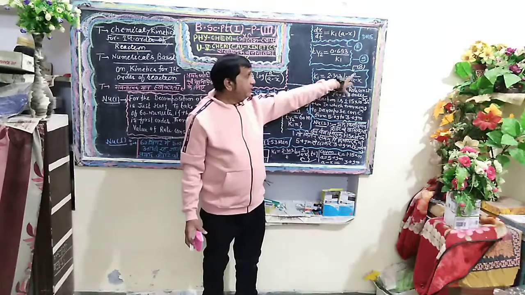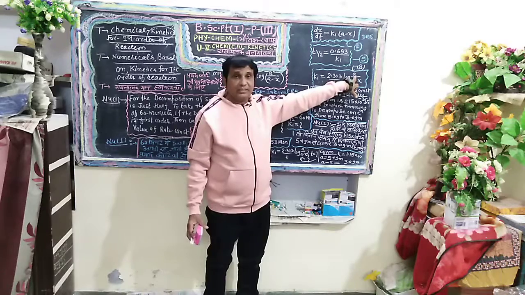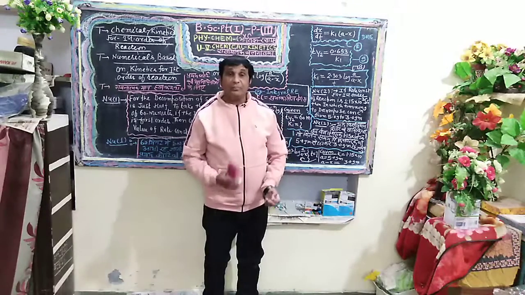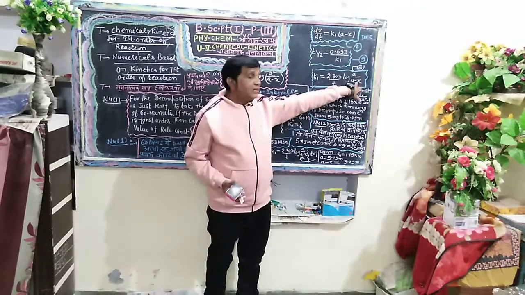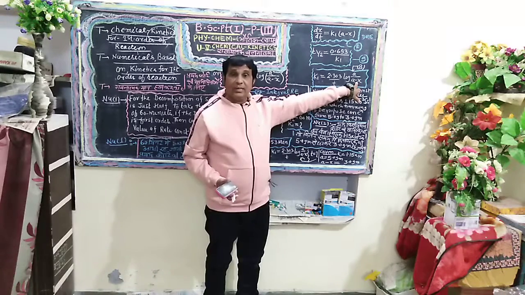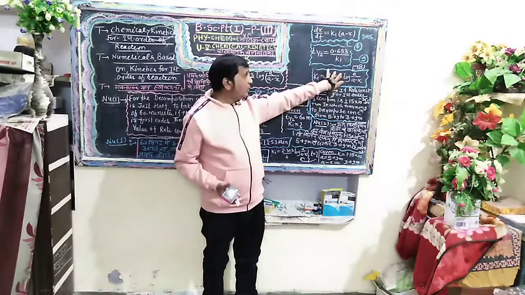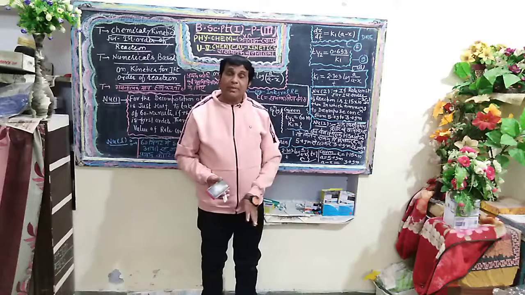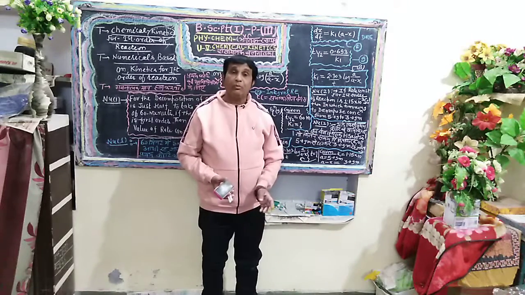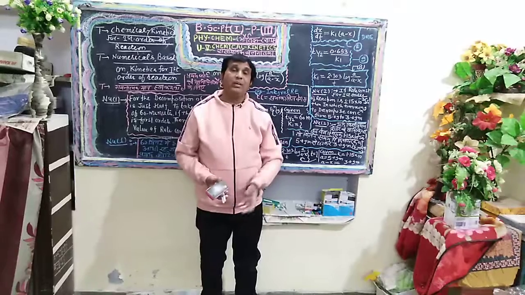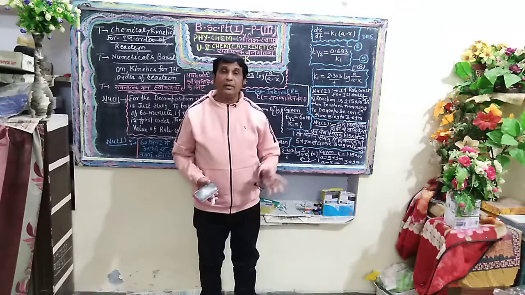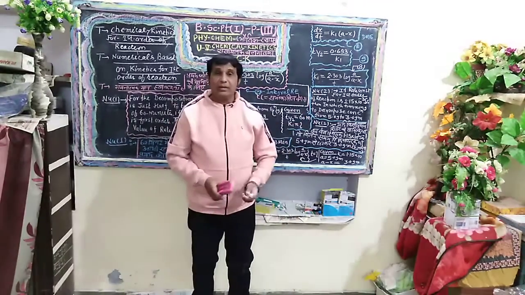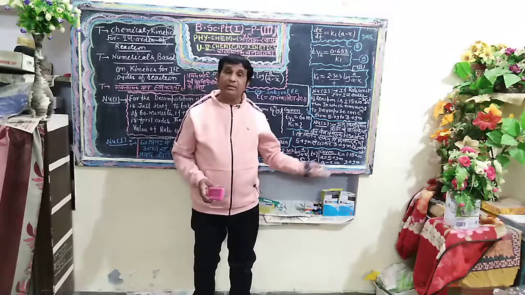Now substitute the dimension of concentration for a, and the dimension of a minus x is also concentration. Concentration is cancelled by concentration, and 2.303 is a constant, giving a new constant, divided by timing. So obviously k1 is proportional to 1 upon timing. Now substitute the value of timing in terms of second, minute, hour. So one can calculate in a simple way: k1 will be in the form of second inverse, minute inverse, hour inverse.